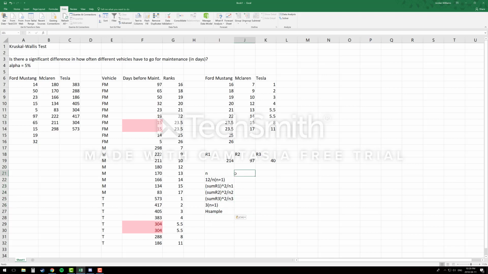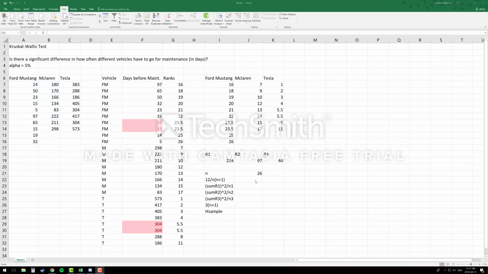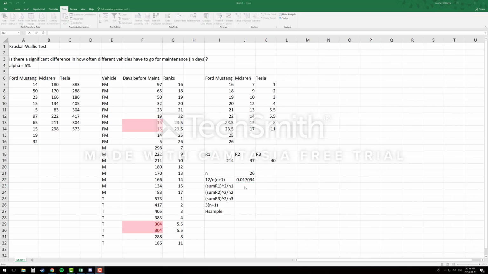So first, N is the number of observations in our sample. To find this, we can use the count function and highlight our original data. Next, we'll use that 26 to complete our first portion of the equation. Next, we want to use the rank sums that we found from the previous section, square them, and divide them by the total observations in each column. So for the Ford Mustang, you would have